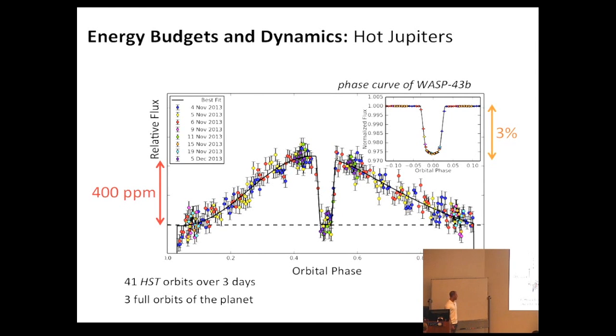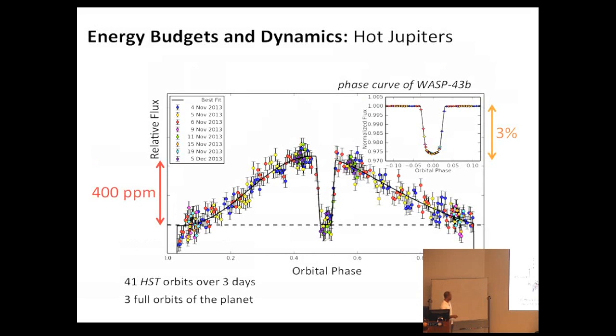This has been done in photometry, especially with Spitzer, since 2007 or so. But a recent breakthrough is the ability to do this not just in broadband photometry, but in spectroscopy, which, as I hopefully made the point, is much more powerful. So this is a summary of the observation that we did for WASP-43b using Hubble. This is quite a lot of HST time, 41 HST orbits over 3 days of the planet,